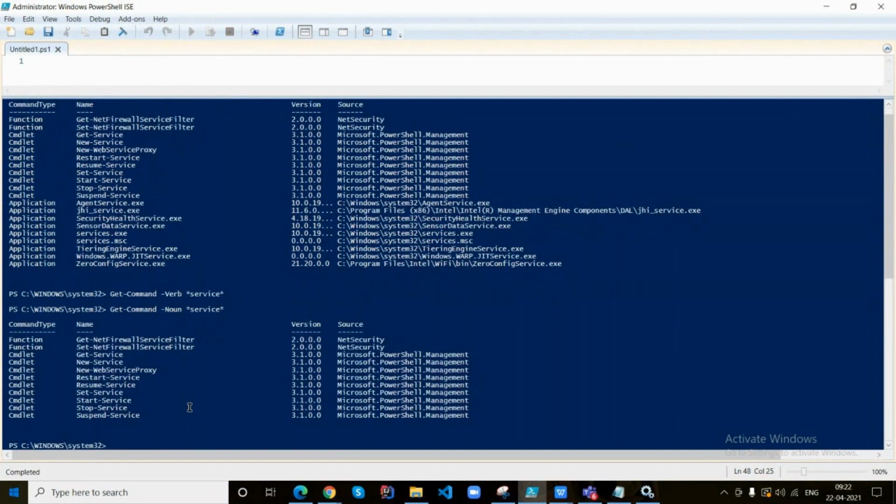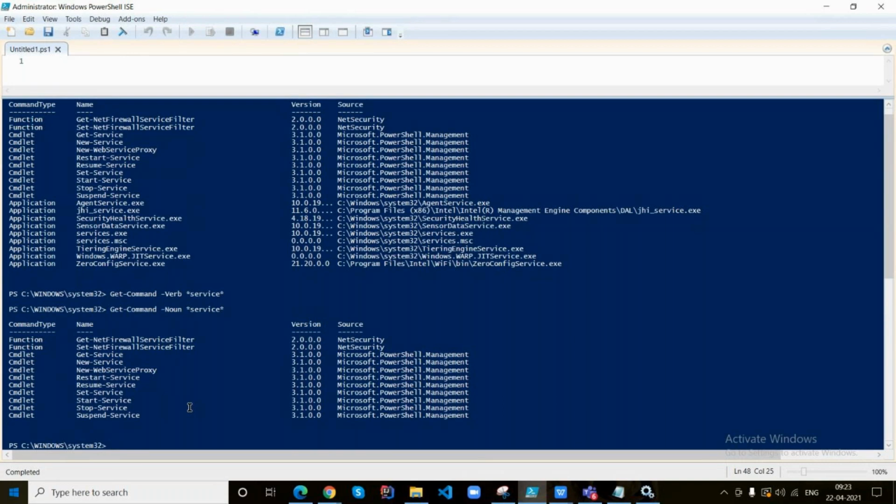Execute it. Okay, these are the different cmdlets having the word service in the noun place of the cmdlet. Because a PowerShell cmdlet follows the verb hyphen noun format. So we are getting the cmdlets where service is part of the noun.